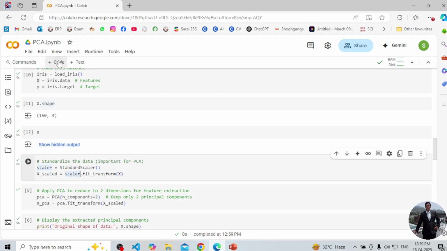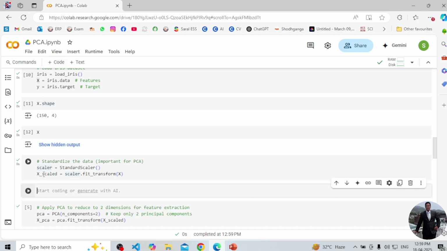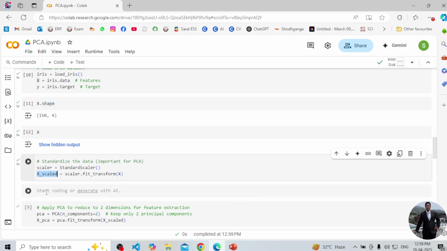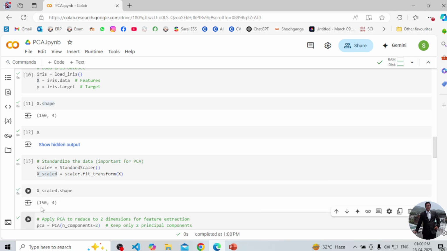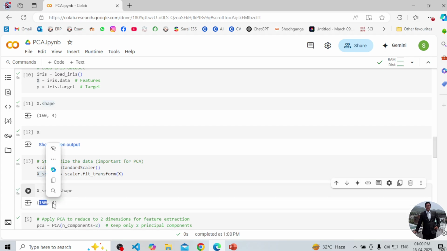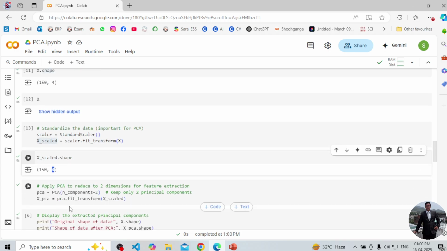Now I will show you here. I think this X scale still contains the 150 samples, and four dimensions should be there. Yeah, it still contains the 150 samples and the four dimensions, altogether four dimensions of the 150 features of different three categories of flower images. Now the next step is to apply the PCA